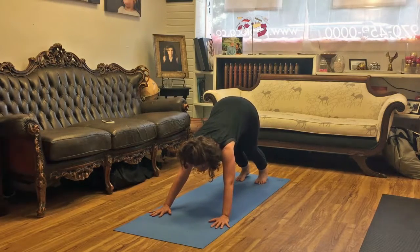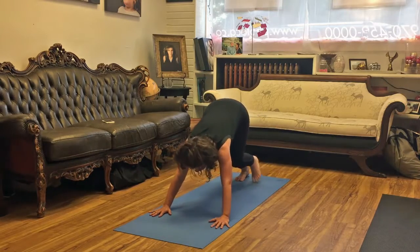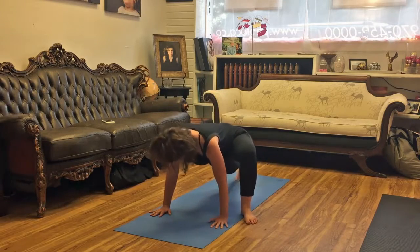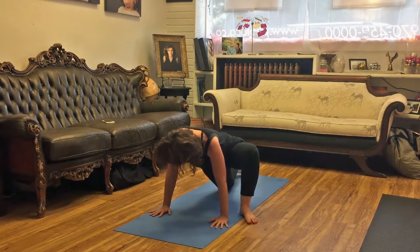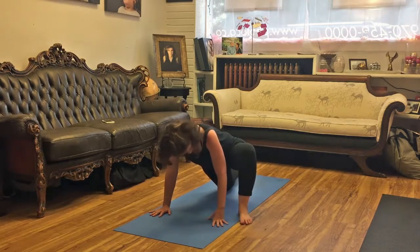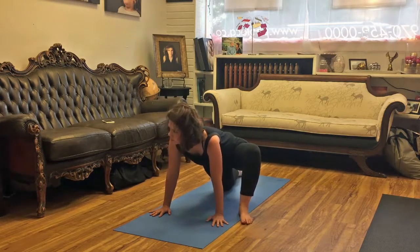Look forward once again. And step the left foot to the outer edge of the left hand. Good. Once you're there, release the back knee down. Let the hips sink forward and down and find the perfect distance between the legs. And then once you have that perfect distance and the hips sinking forward and down,